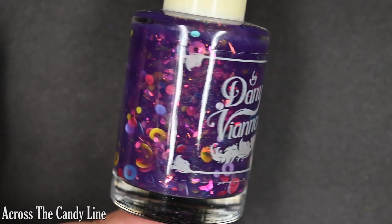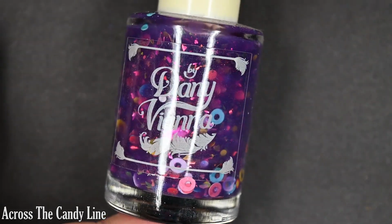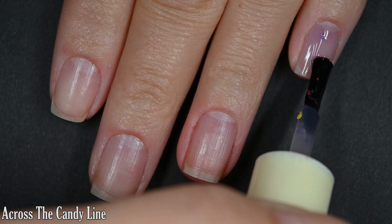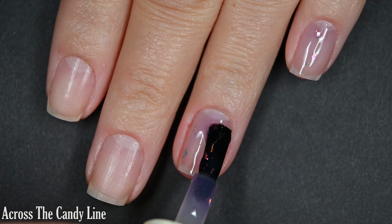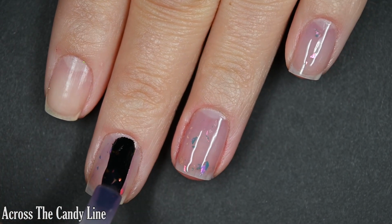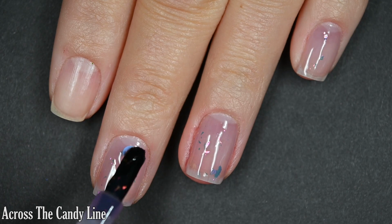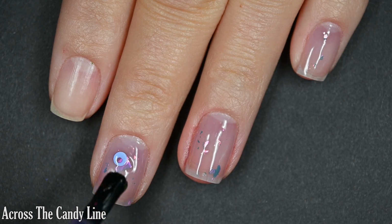Up next we have Across the Candy Line, and this is described as a purple sheer jelly with pink iridescent flakes and a mix of round colored glitter. Purple sheer jelly is absolutely accurate. This is very sheer. I didn't get full coverage at all, but I am madly in love with these like